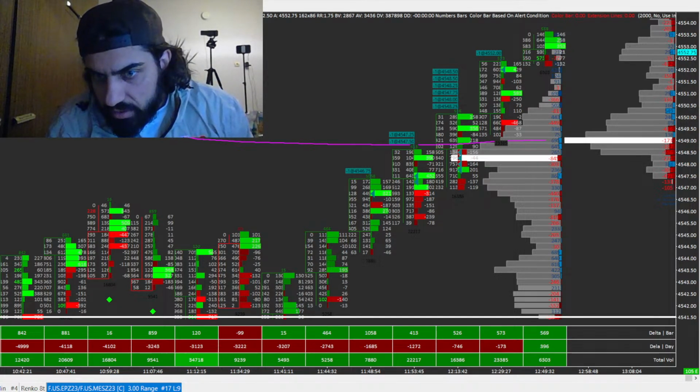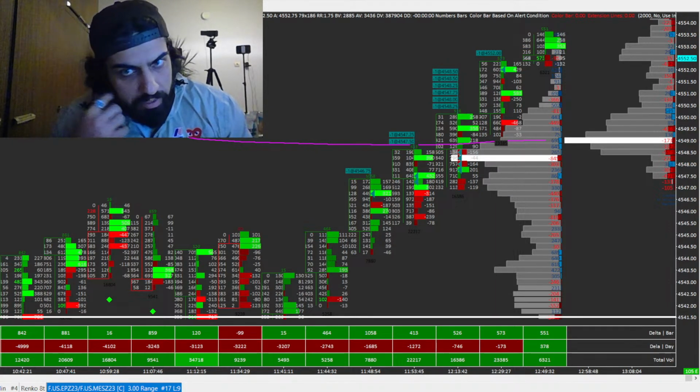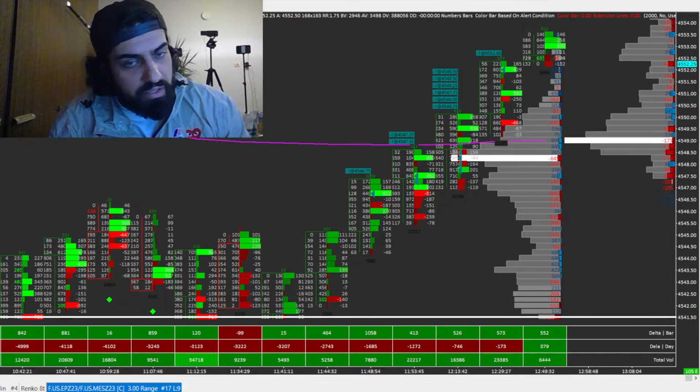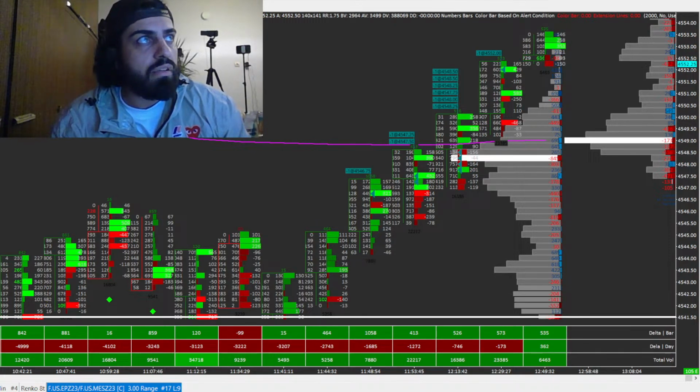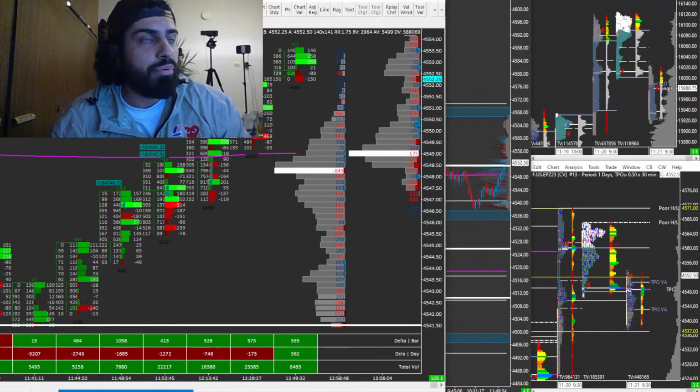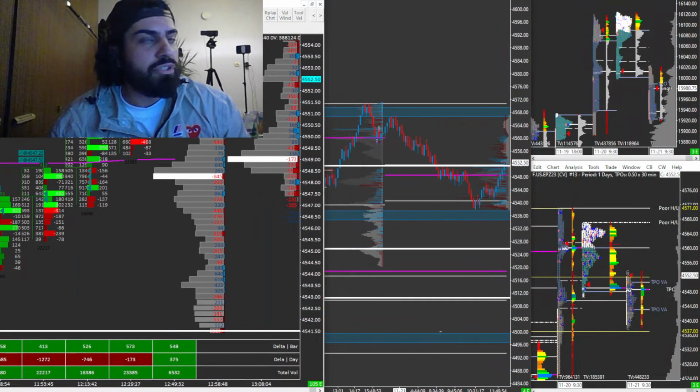Could you go over the main distribution for today? The 50-day profile looks kind of thin. The main distribution, realistically, on the day session is based on the escape of the prior distributions, right? So